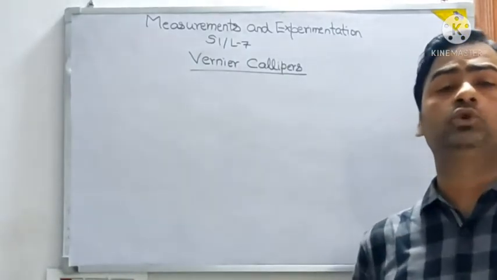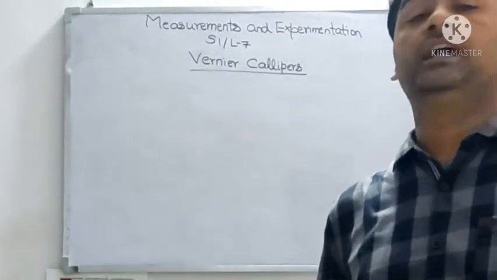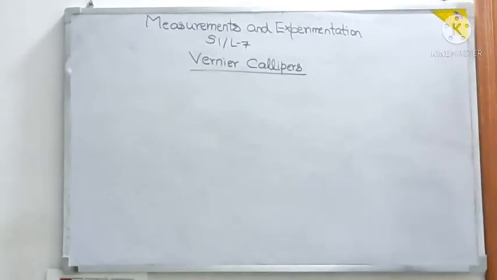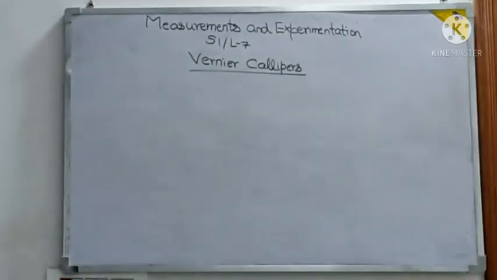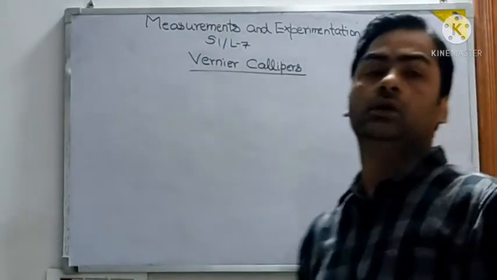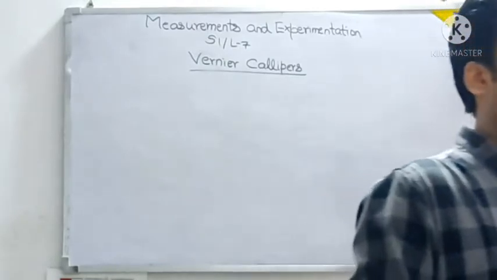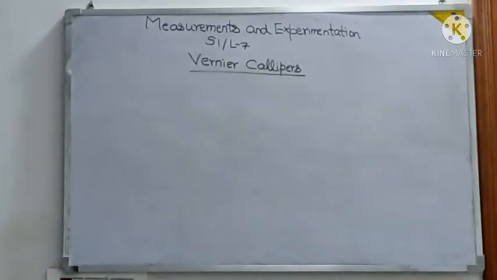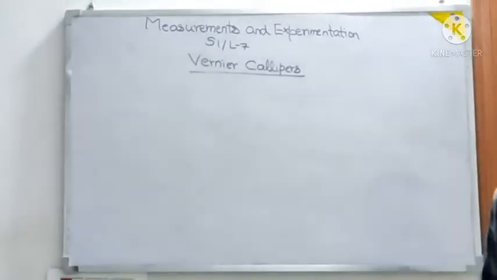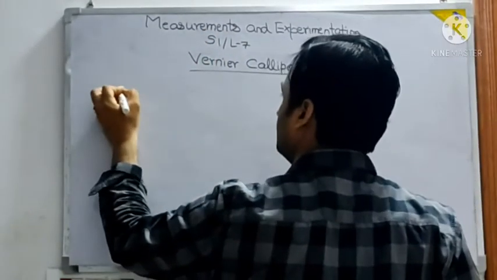So children, welcome to another lecture of physics, and we had already started vernier calipers. Some more details into vernier calipers. Last class we had discussed the derivation for the least count, and I think that must be clear to you, and you must have done it in your copy also, because that will be a question for you. And I told about zero error and zero correction.